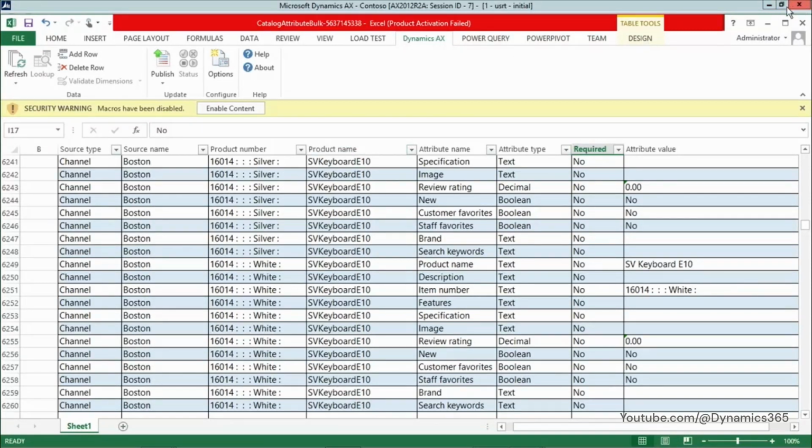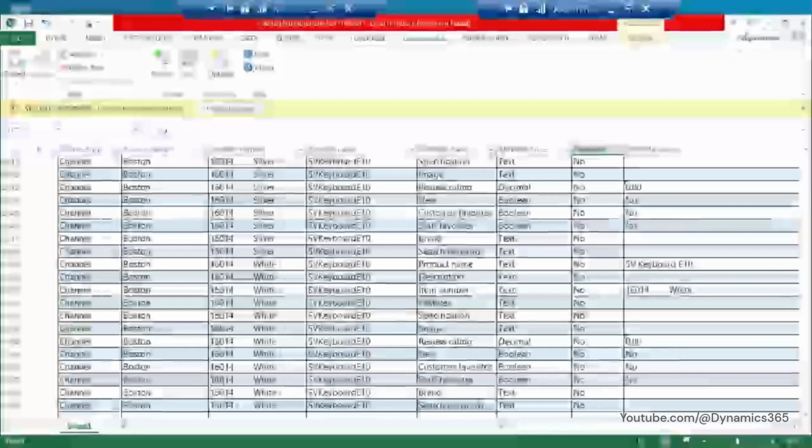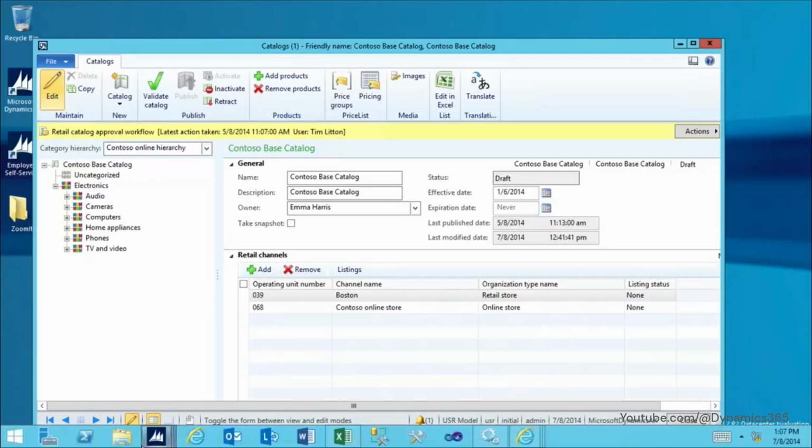Now, what I am going to do is, I am not going to do the publish because it will take its own time to publish, because there is a huge list of product items with this particular catalog. For the sake of time, once you publish, I will be switching back to this